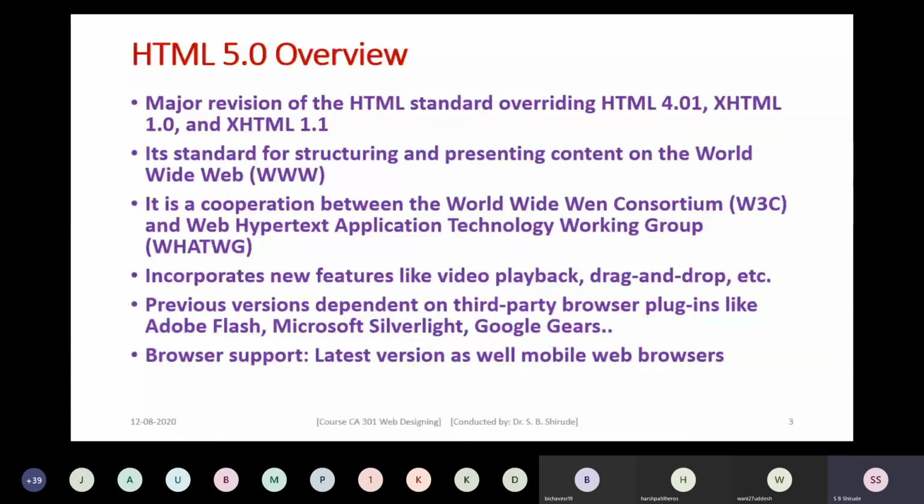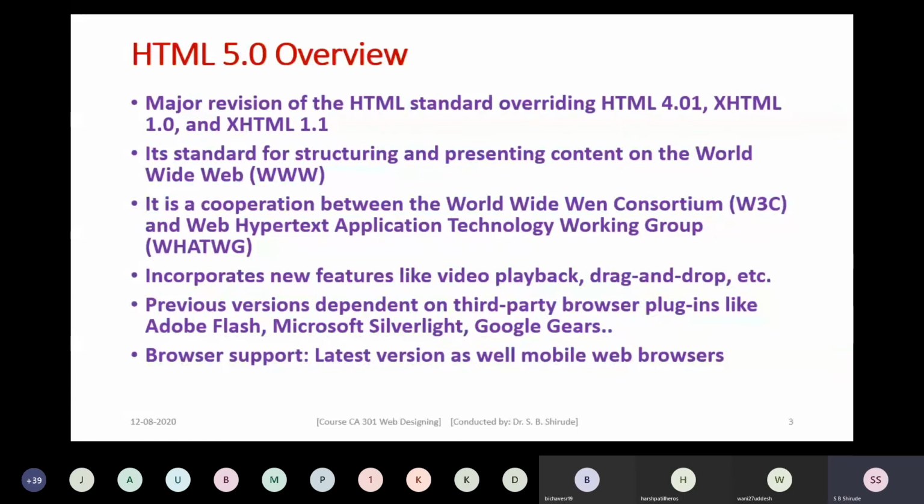The previous versions of HTML were dependent on third-party browser plugins for audio and video, like Adobe Flash, Microsoft Silverlight, and Google Gears. But HTML 5.0 doesn't have any dependency on these third parties now. That functionality is added implicitly in HTML 5.0 itself.